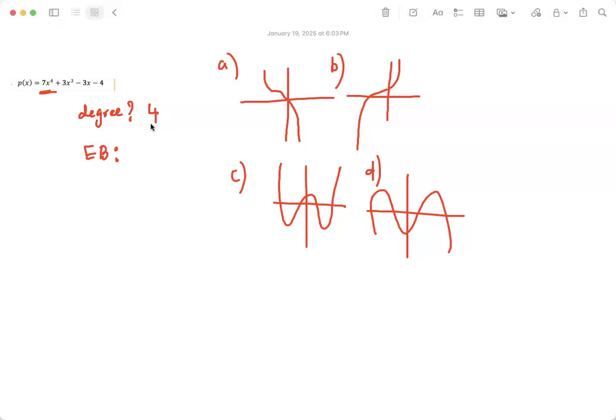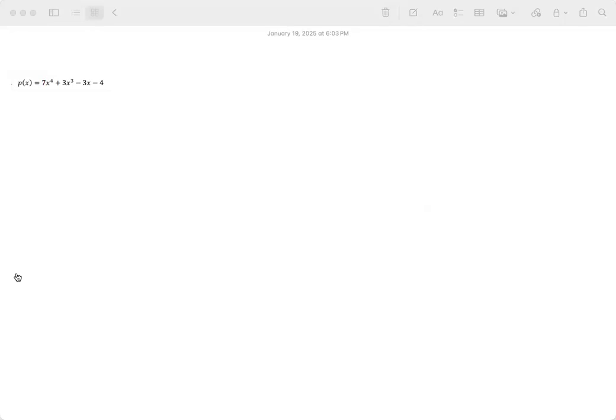So here, the leading coefficient is positive. The leading coefficient is the number that accompanies the highest degree of x. Leading coefficient is positive. So it's a 4th degree. It's like a parabola, but it will have 4 roots. So 4th degree polynomial. Okay, great. This part is good.